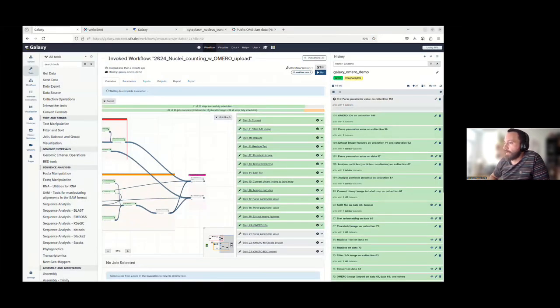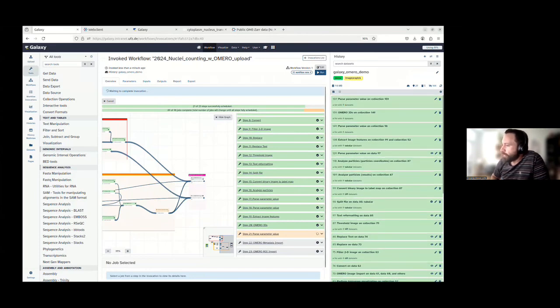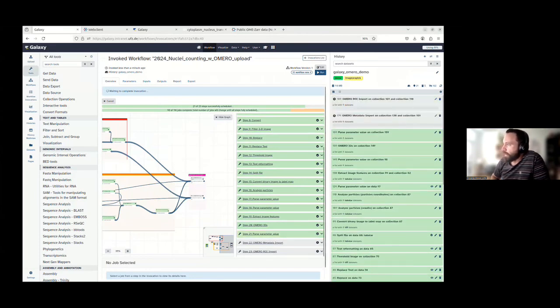And here there are parameter values. The tool that is running at the moment is just collecting image IDs from Omero in order to associate the results to the correct image. This is done. The last two steps will be to import the regions of interest and the metadata.